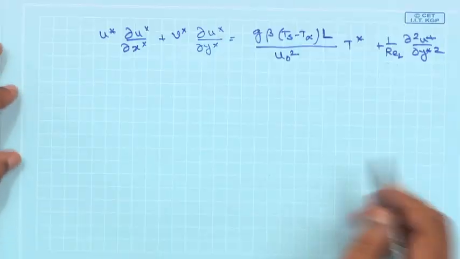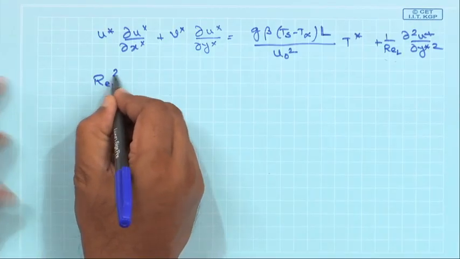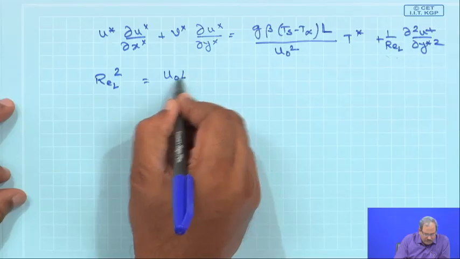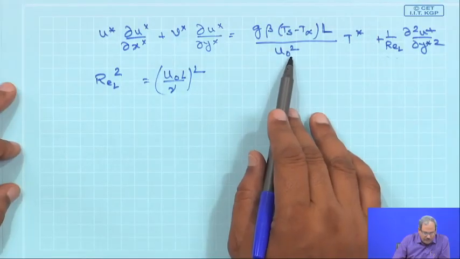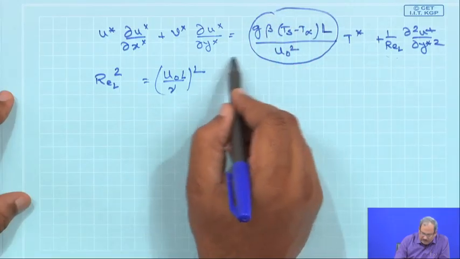But in order to do that, if you look at your class note once again, you have a u0 square present in that term. u0 is a reference velocity that we haven't decided what it is. So, we need to get rid of this u0 square in some way. Let us work on that, and what I would do is multiply both sides by Re L square, where it is the Reynolds number based on the entire length, which would be (u0 L by nu) whole square. So, to remove the unknown reference velocity, this term is multiplied by